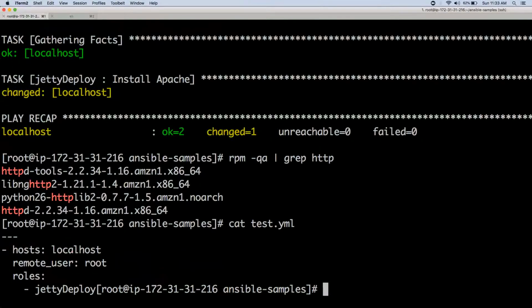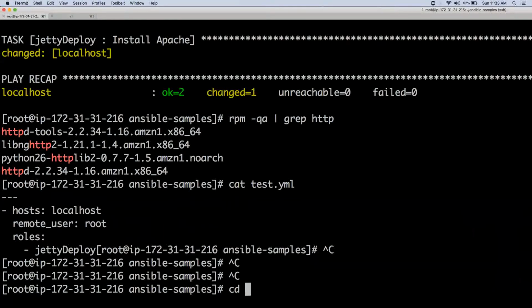It's a role actually. See, this test.yml is calling role. Role, this is the role. So how does Ansible find this role? It will find a folder in that current location. Yes, Jetty deploy. In fact, there is something for main.yml. Yes. Default main.yml. If it should run as a task, it should be in task main.yml. Not default. This is a role actually. If you want to,